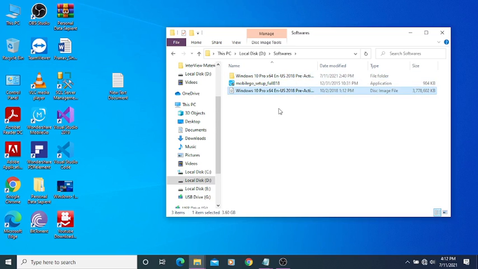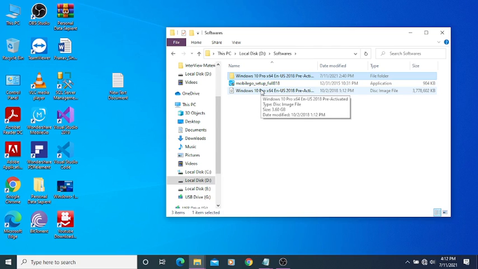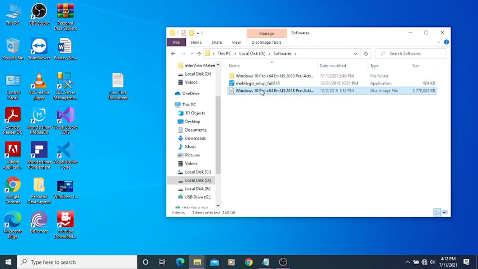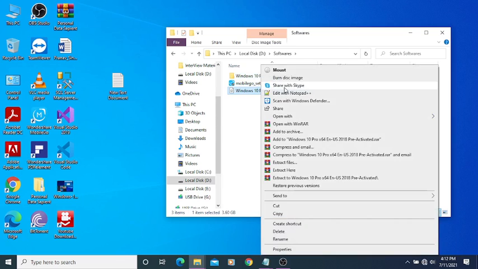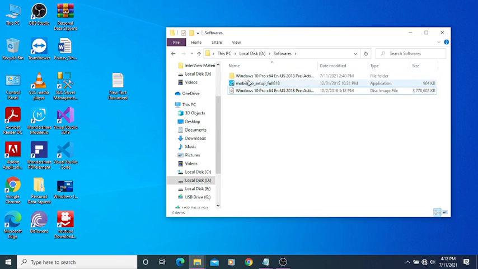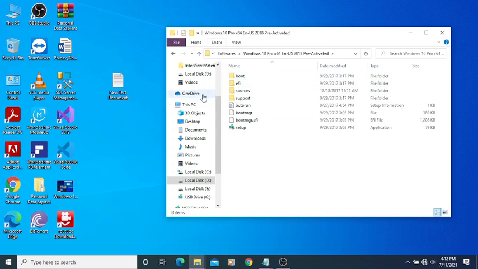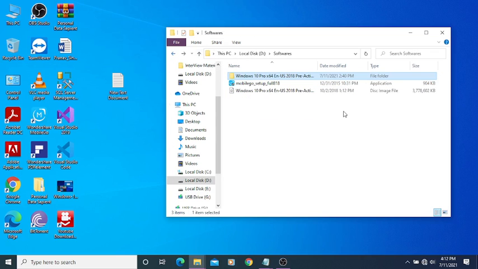I downloaded Windows 10 and I extracted that file. If it's an image file, just right click and extract the file, and it will create the same folder like this. So you can use this file for making the pen drive bootable.